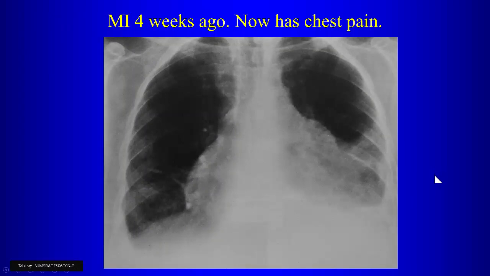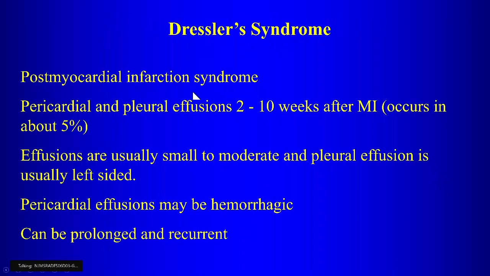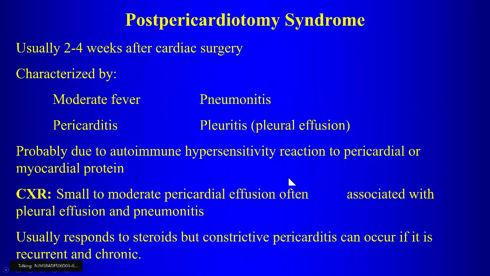Post-MI. Yeah, so post-myocardial infarction pericarditis, that's Dressler syndrome, right? So they can have pericardial effusions and pleural effusions 2 to 10 weeks after infarction. Most commonly, the effusions on the left side. Occasionally, the pericardial effusions may be hemorrhagic, so it requires steroids to treat. This can also occur after